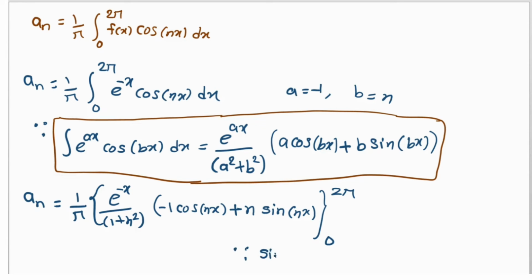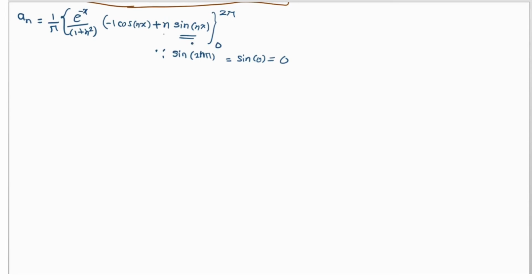When we put the upper limit in sine, so sine of n pi and sine of 0 both are giving the answer 0. So sine n pi is 0 and sine of 0 is again 0. So that means when we put upper limit minus lower limit in this last term, for upper as well as lower, both terms we will get 0. So no need to put in this last term because ultimately it is giving the answer 0. So here put upper limit minus lower limit in this first term.